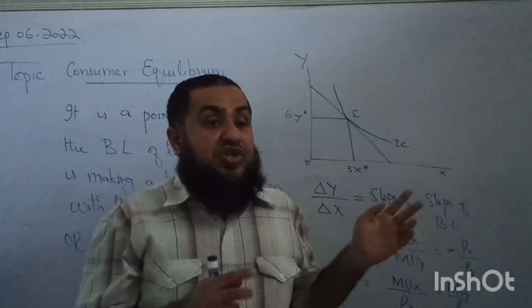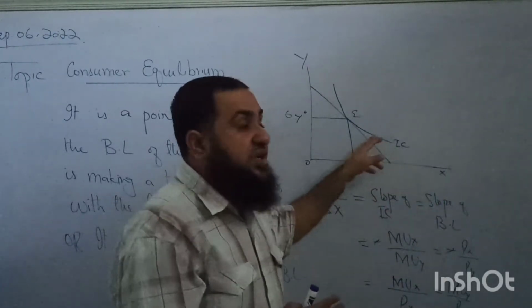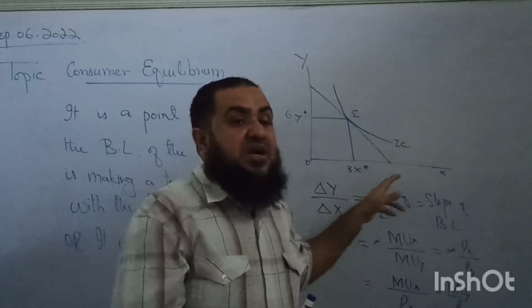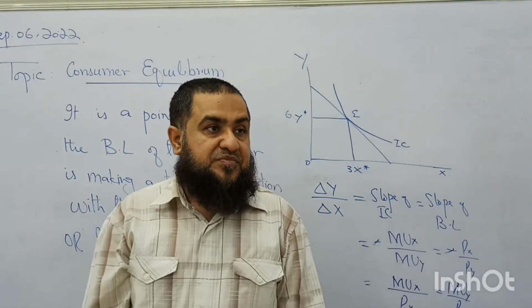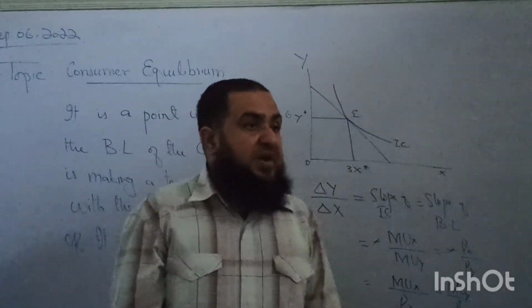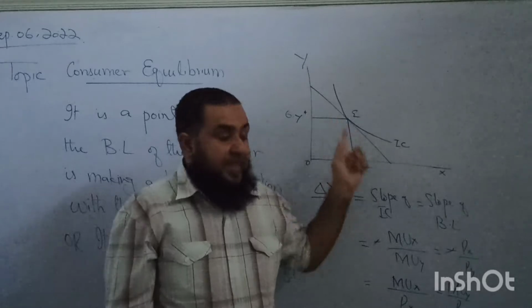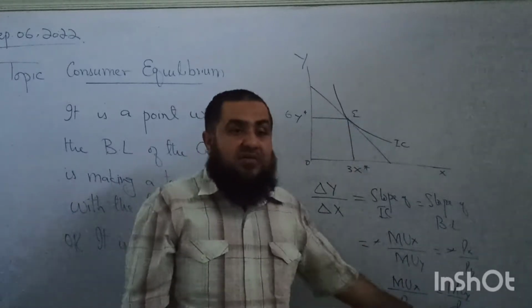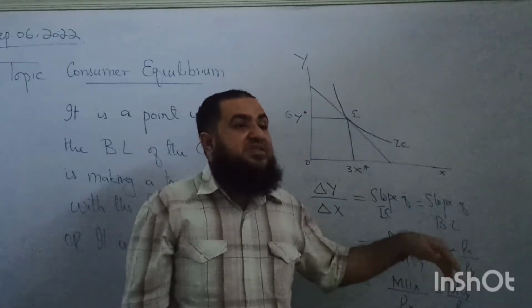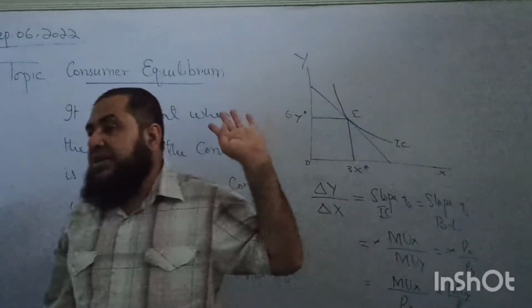Rather we said utility can be shown by using indifference curve, and the budget line is another tool which shows us the affordability of the consumer. What does it show? The affordability of consumer. So at this equilibrium point, each dollar spent on x and y will have the same marginal utility to the consumer again.